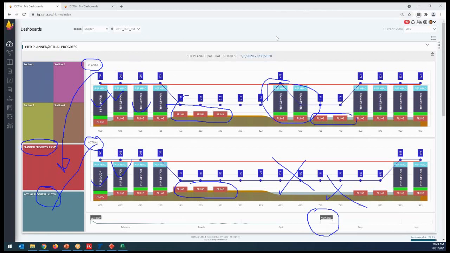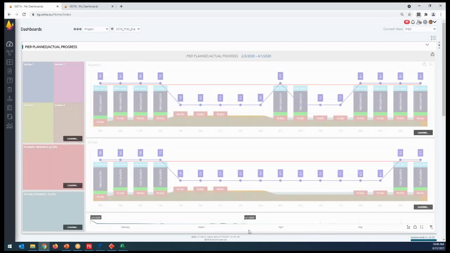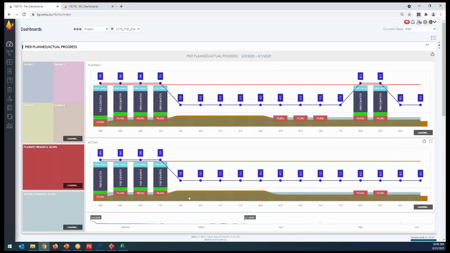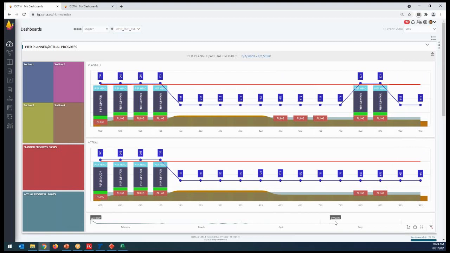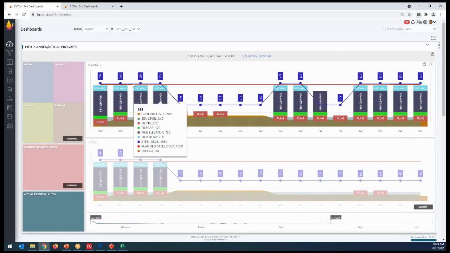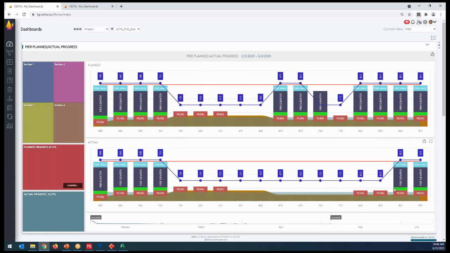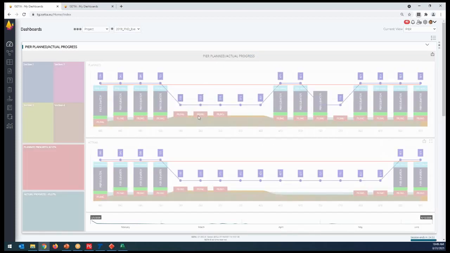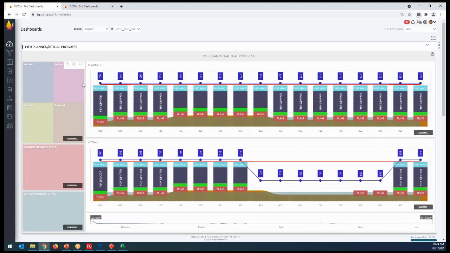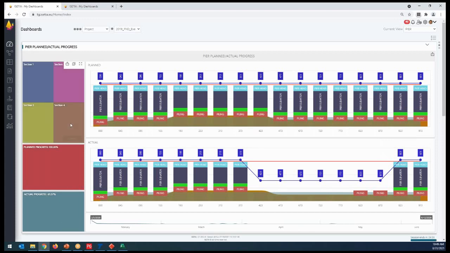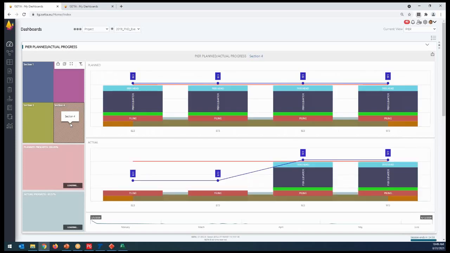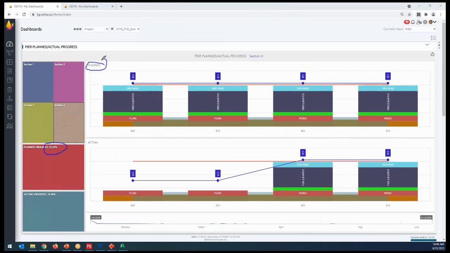But you can of course go to any specific date and get the planned versus actual status. It is an excellent interface for that. You can also do, in our case for example, section 1, section 2, section 3, section 4. We can develop a work breakdown structure. I would like to see section 4. I'm checking in section 4. My plan was 23%, but actually it is 14%. Why?